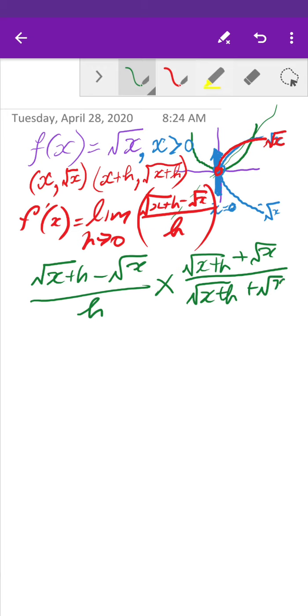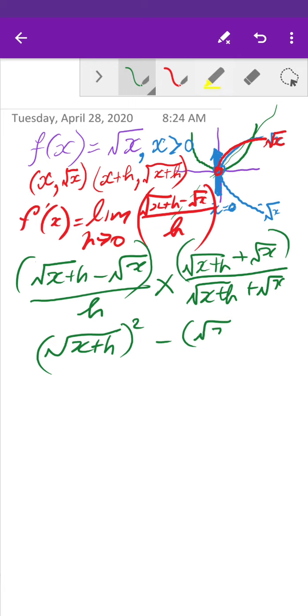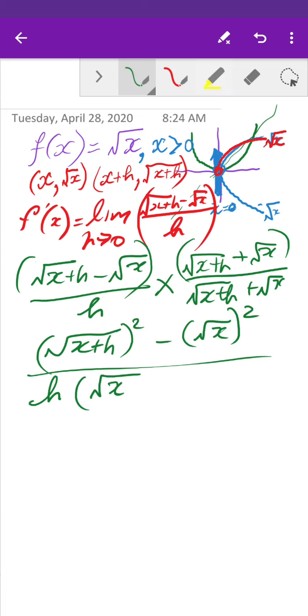So that's multiplying by the unit 1, because the numerator and the denominator are the same. But you'll see a minus b, a plus b, difference of two squares is a squared minus b squared. And that's the numerator. And we've got h over the square root of x plus h plus the square root of x,